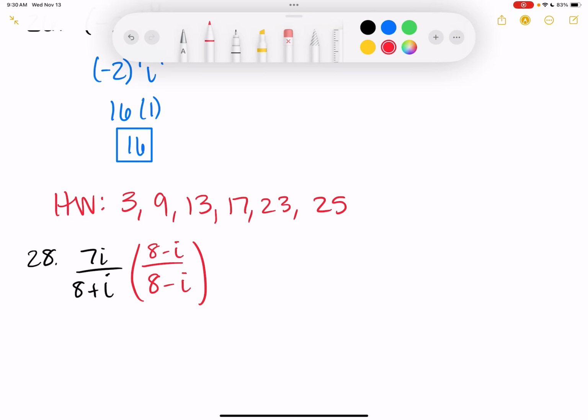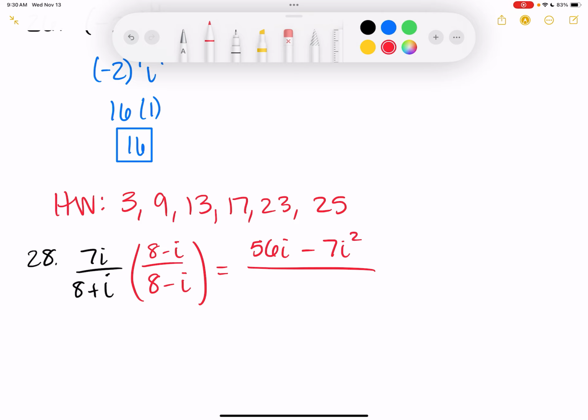It's still right here. 5 squared is 25, because you're multiplying. Okay, right. So what is 25 minus x squared? 25 minus x squared is factored to (5 plus x) times (5 minus x). Right? Okay, moving on. On top, I get 56i minus 7i squared over, on the bottom,